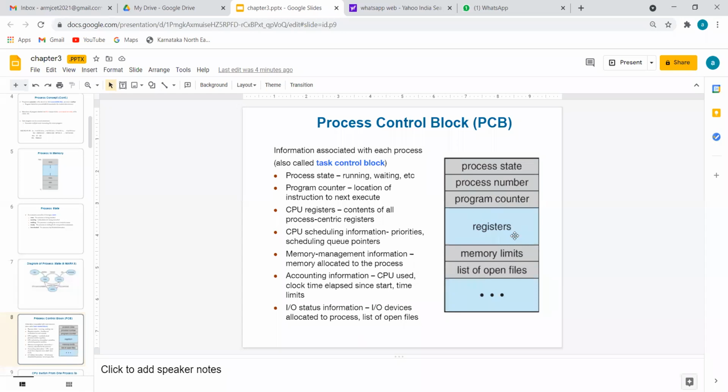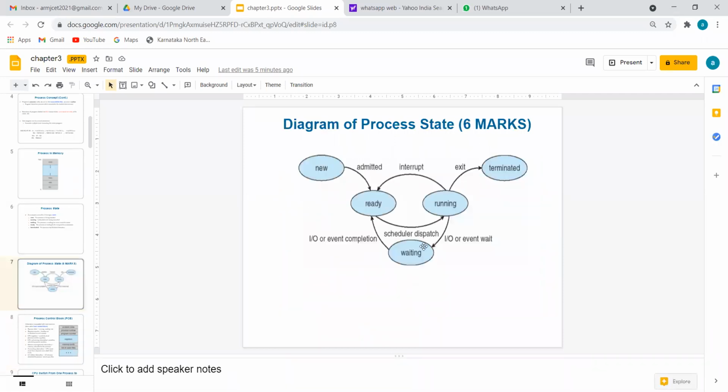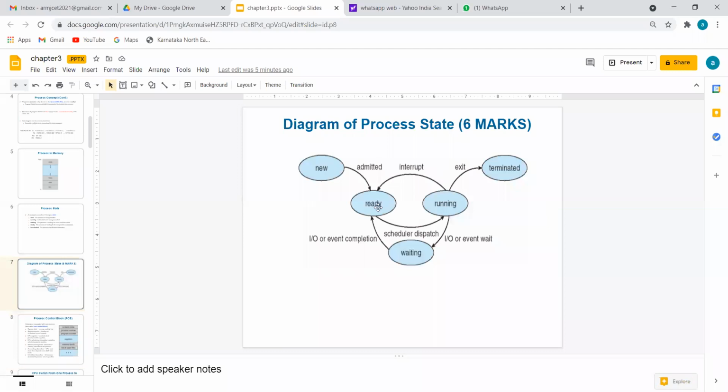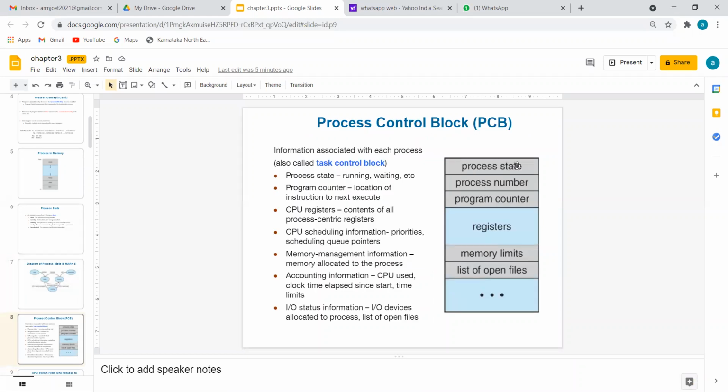Here also, all the information related to the process we are going to store in some box, box in the sense of a data area. So what information will it have? Process state. What does that mean? Among these states, in which state the process presently is, and this is not permanent. It keeps changing. Once the process is newly created, it is in the new state. Once the process is executing, it changes. The first row, process state, describes in which state it is.